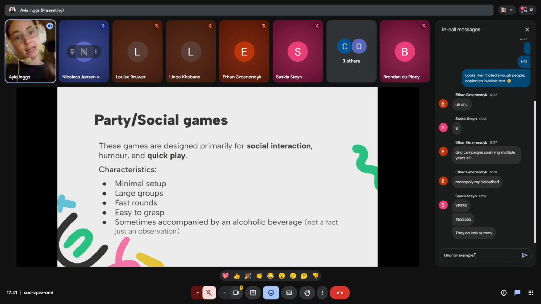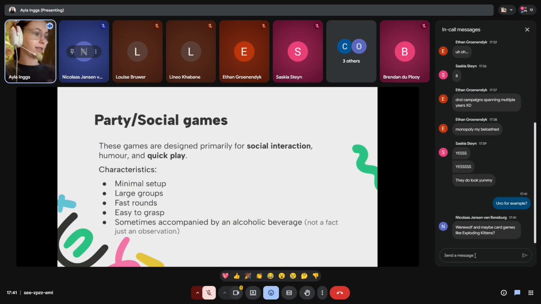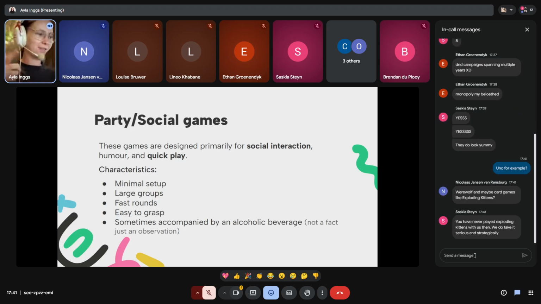The rules are very easy to grasp, in contrast to, yeah, Uno is a great example. So, what was I saying? Yeah, easy to grasp. So you don't need a whole big rule book with structured rules and paragraphs and everything like that. You literally don't even have to read. Someone will go, "This is how you play." Cool, done in 5 minutes. Yeah, card games, exactly. I will be going into examples shortly, so then you'll see if the examples make sense.